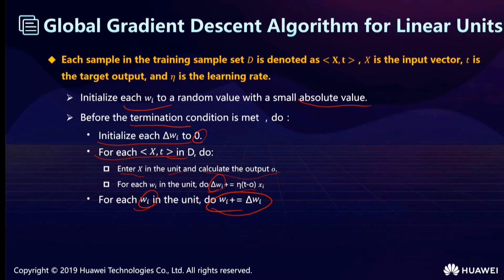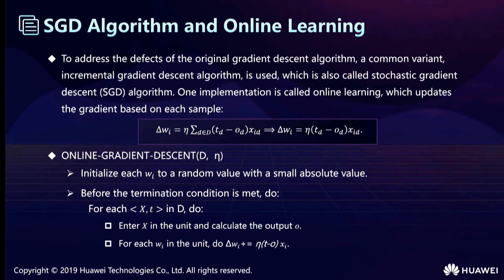So let's see another method to update the weights with higher efficiency, SGD. This algorithm is also called online learning, which updates the gradient based on each sample. This gradient descent goes toward the extremum by updating the weights for each sample, and because the training samples usually contain noise, when approaching the extremum, the gradient is difficult to converge to the extremum.